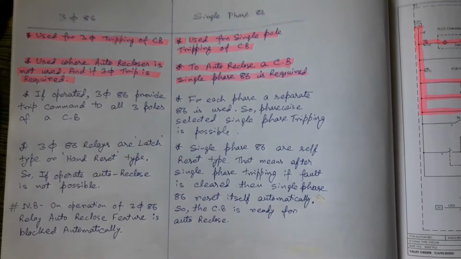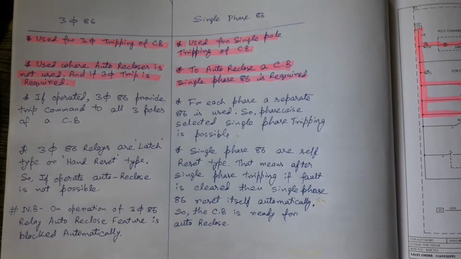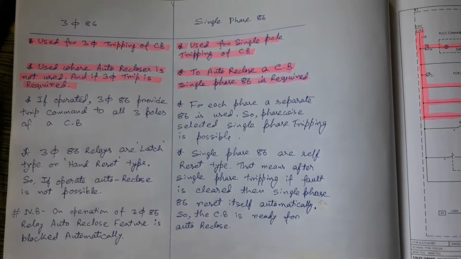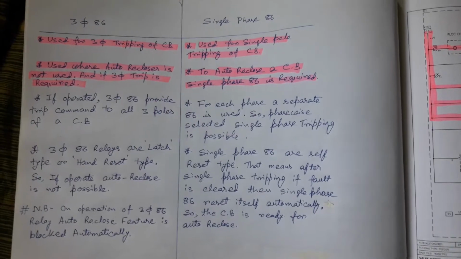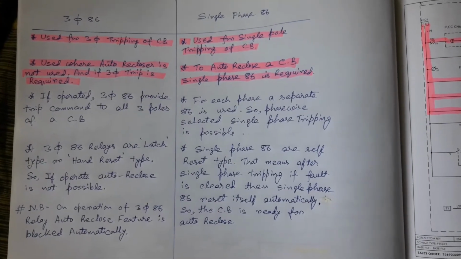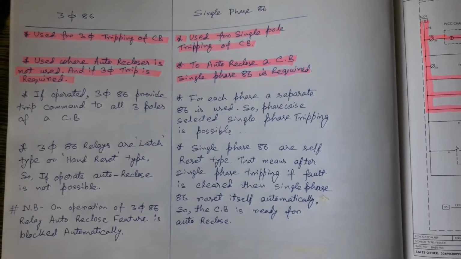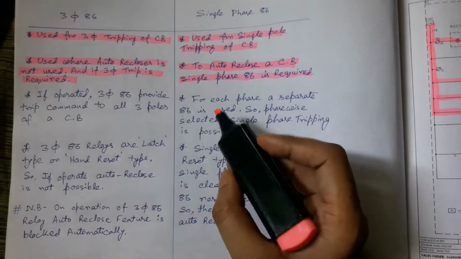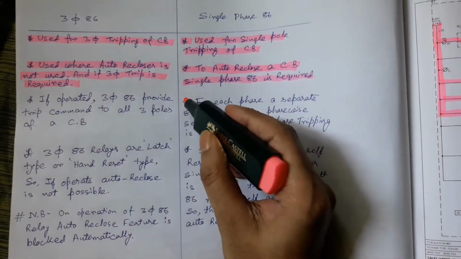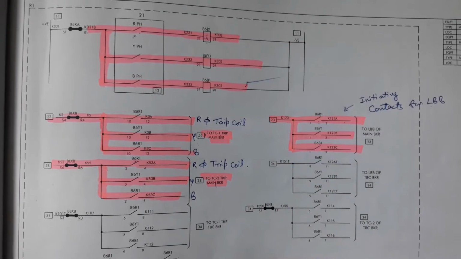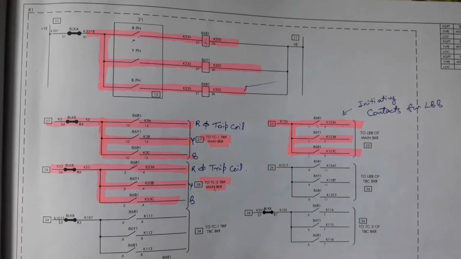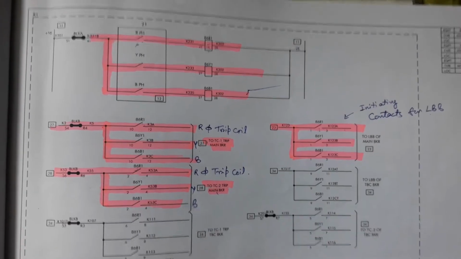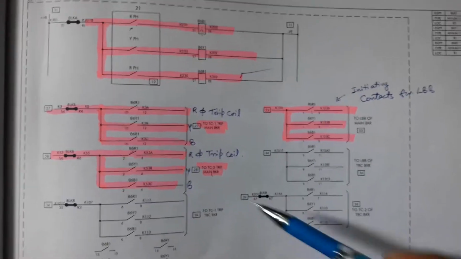Generally, auto reclose facility is used to clear a single phase to ground fault, and to clear a single phase to ground fault successfully, single phase 86 are required, and for each phase a separate 86 is used to clear a single phase to ground fault. For single phase auto reclose, single pole tripping is required, and for that, for each phase, two trip